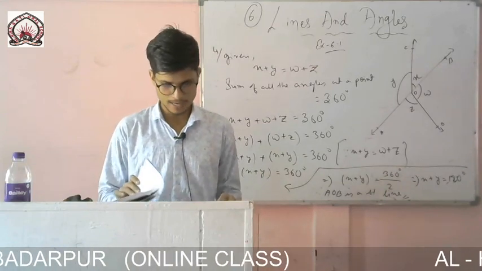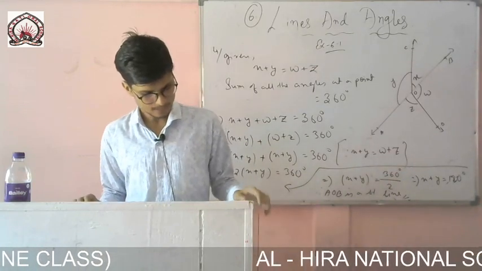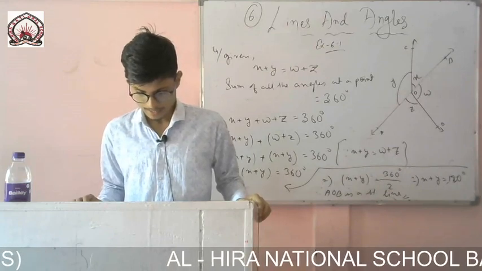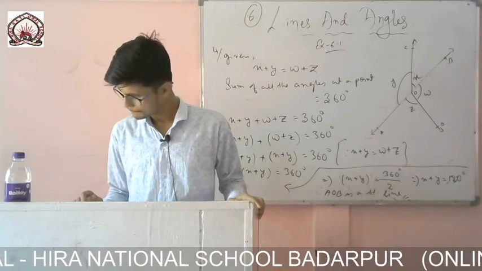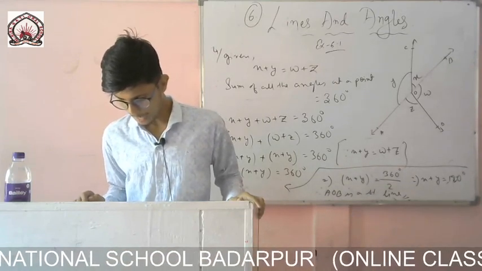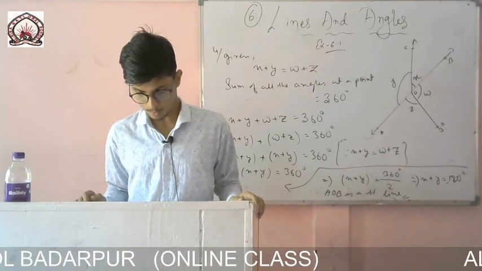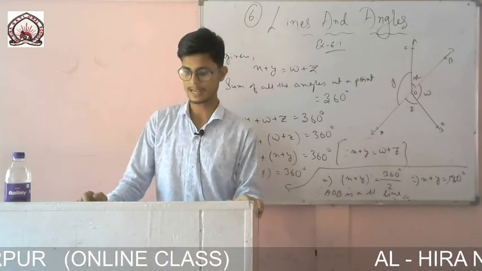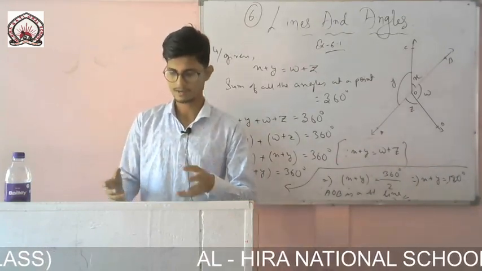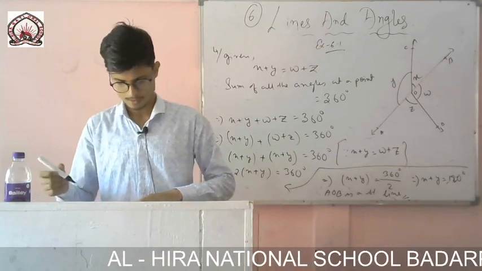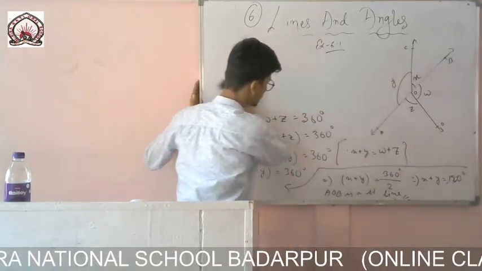So now let us move to the next question, that is question number 5. In the adjoining figure, there is a figure given, and POQ is a line. Ray OR is perpendicular to the line PQ. OS is another ray lying between OP and OR. So you have to prove that angle ROS is equal to half of (angle QOS minus angle POS). If anyone says it like this, then you will get confused, sir, by what you said just now. So let me draw the figure, and first of all let me give you an idea, then you can easily solve it.